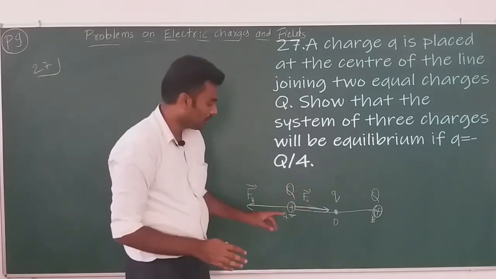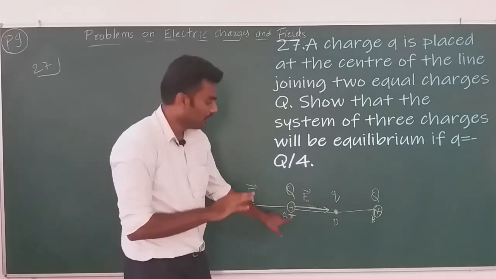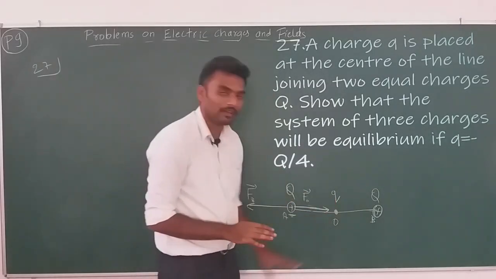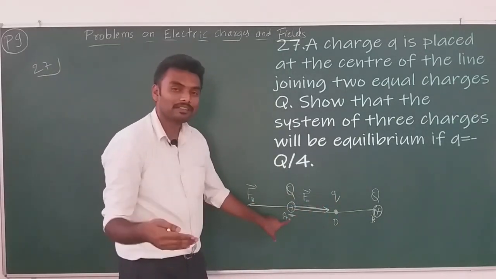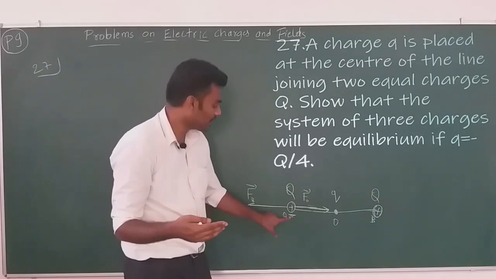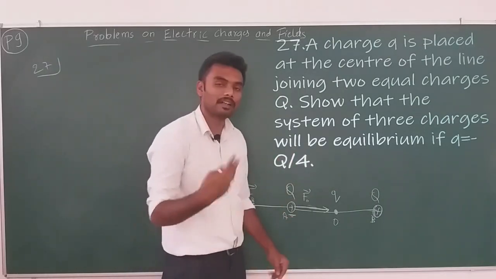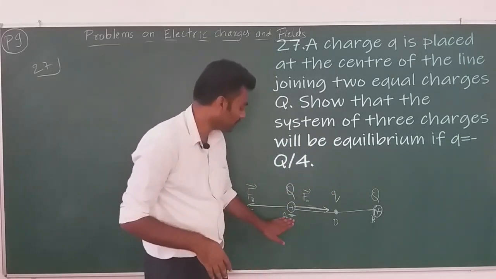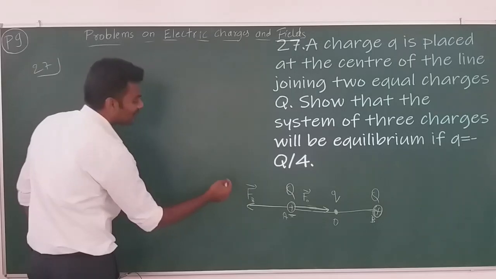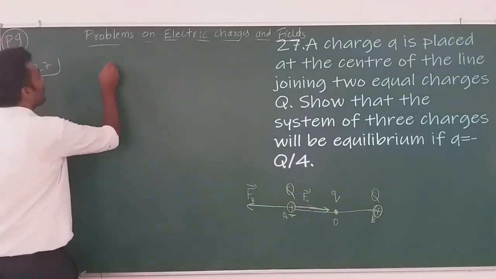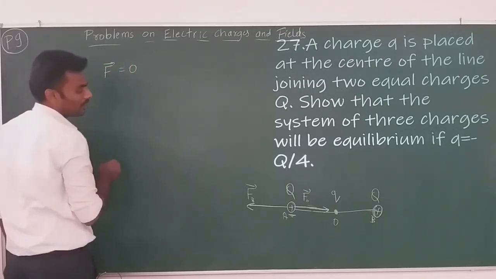Clear on that? So, we are concentrating on charge A. We are not at all worried about O and B now. O is always in equilibrium, and we want to know the condition for which charge A will be in equilibrium, and the same condition applies to B. Let us look into that afterwards. Let us work for A now. From the diagram, what is necessary is that the net force on A should be 0.